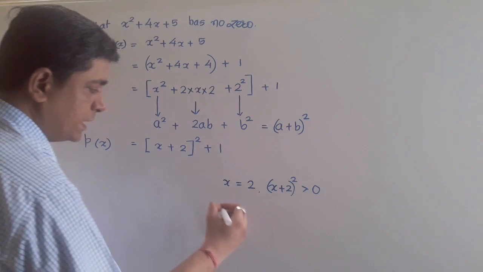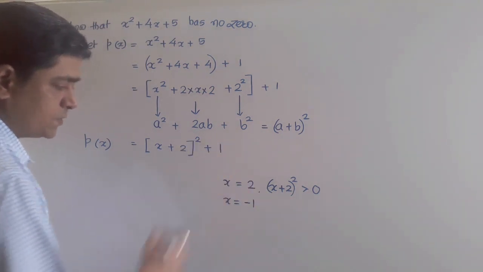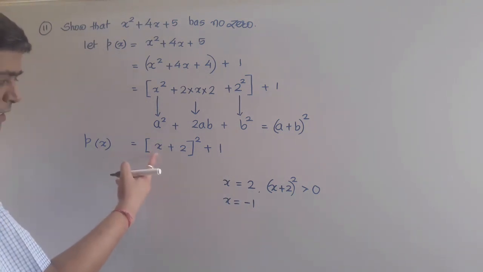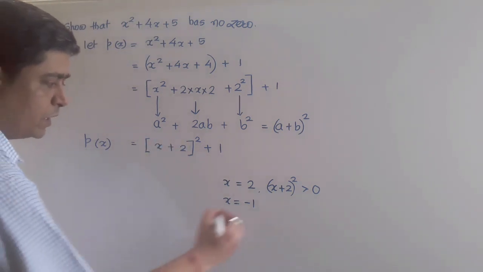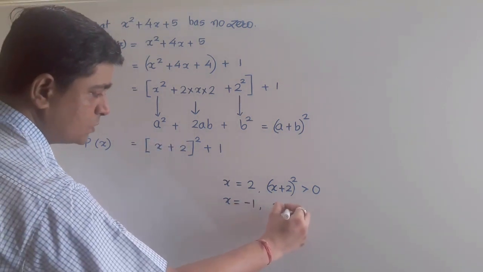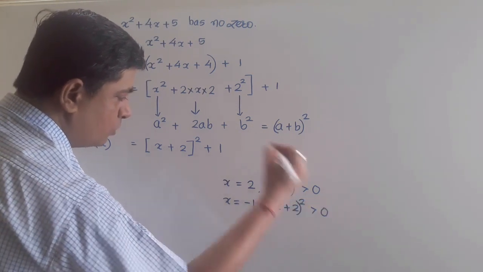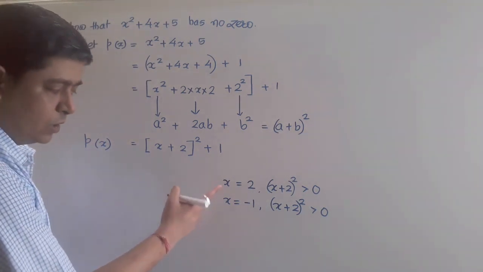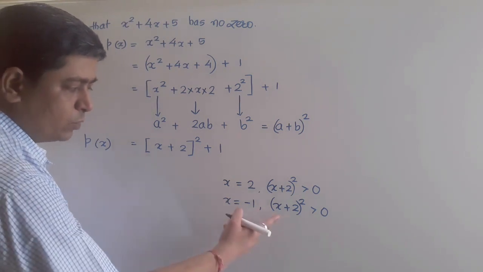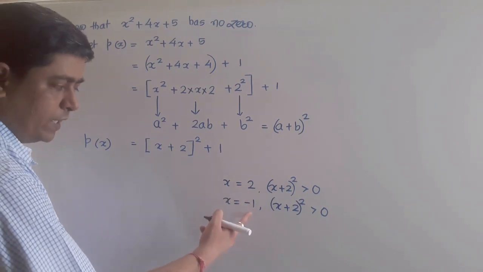And second thing, if I take the value of x as any negative value, suppose I take minus 1. Put here minus 1 plus 2. 2 minus 1 will be equal to 1, and square of 1 will be again 1. So in that case also the value of x plus 2 the whole square will be more than 0, means again it is non-zero. Now I have taken one positive value and one negative value. Whatever fact I wrote here will be applicable for each and every positive and negative value.